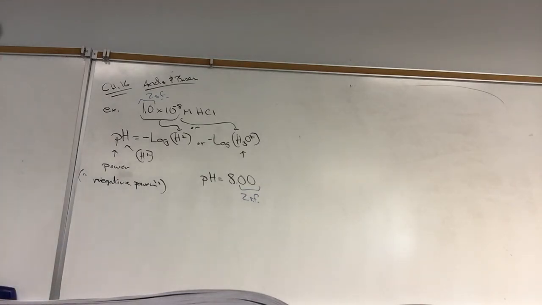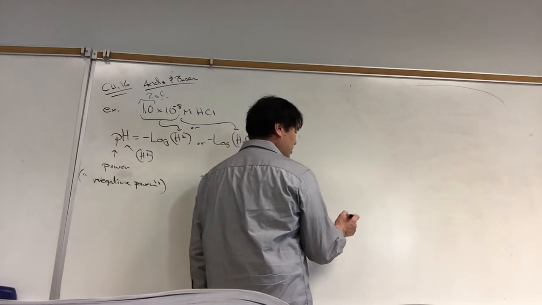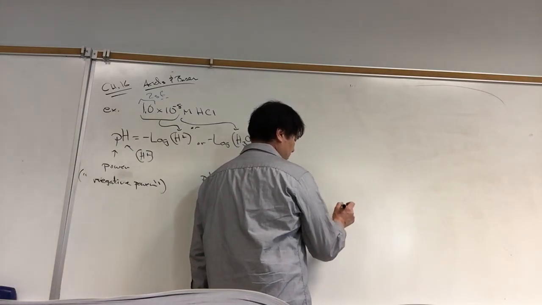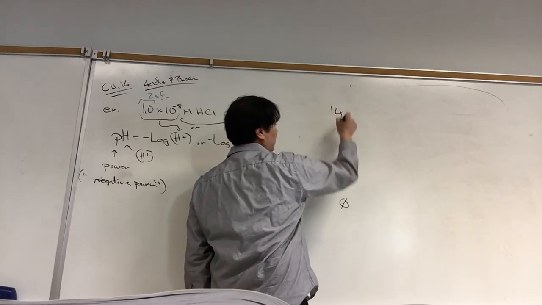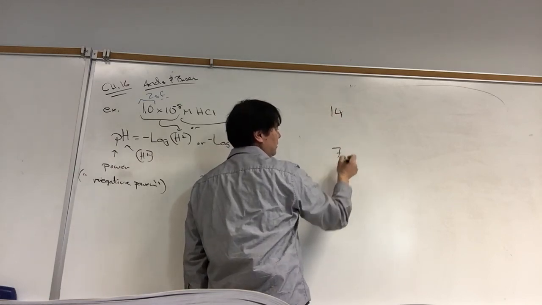All right, let's talk about the pH scale. What does the pH scale range from? It ranges from what to what? It ranges from 0 to 14, and then right in the middle is 7. 7 we call